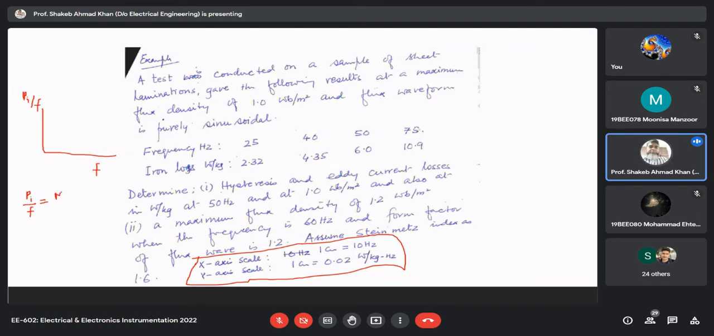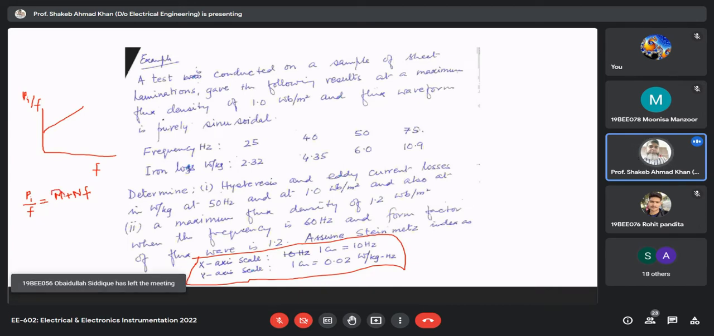M plus NF. So by plotting these points, we'll get a straight line like this, and somewhere this straight line will cut the y-axis, so that will be M, the intercept on the y-axis by the straight line. So from here we can find out M